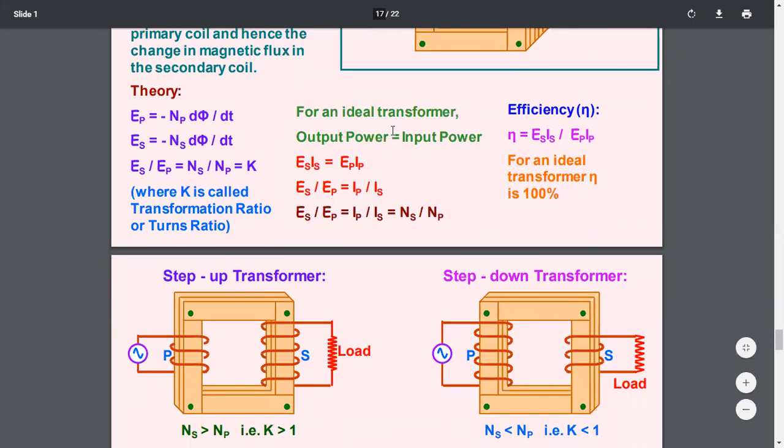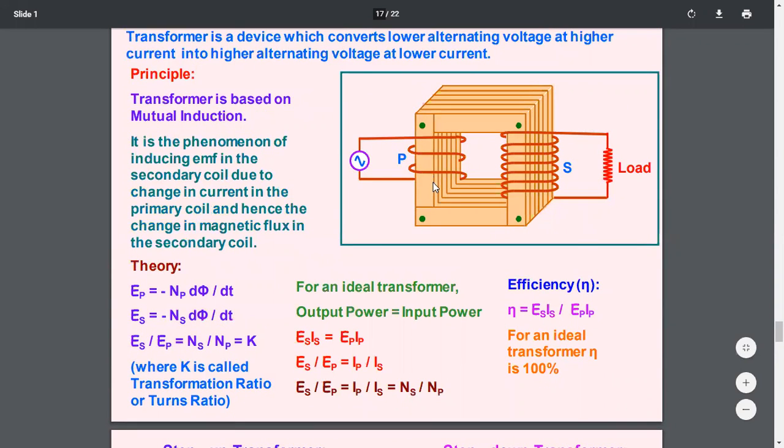Now similarly, this change in magnetic flux is transferred this way. How? You know well that the AC supply gives alternating current to the primary coil, and this current is changing continuously. Therefore, the flux linked with this coil changes continuously, and this flux, you can say the magnetic field produced due to the current in the primary coil, is now transferred to this coil like this.